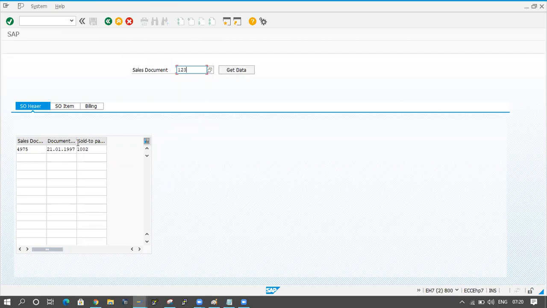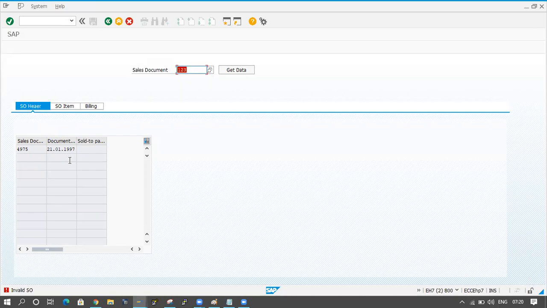If you observe the table values, the table values are also coming in the editable mode. You can edit here. But when I click on get data, the table is coming in the disable mode. Even the tabs are not working because the cursor is stopping at that place, the validation part. At the validation part only the cursor is stopping, and the table fields are coming in the disable mode.